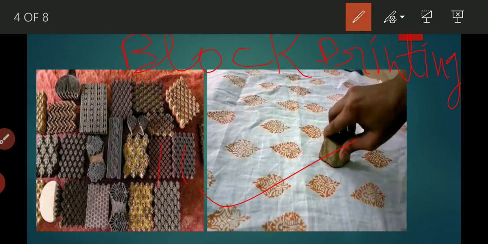Then this block is pressed upon a piece of cloth to create patterns this way. This person is creating patterns on the cloth using the block printing method, right? This process is now used on paper as well. We can also use this on paper, right?